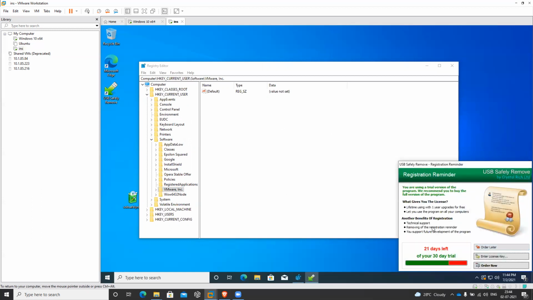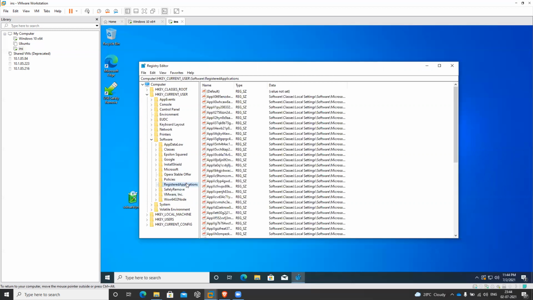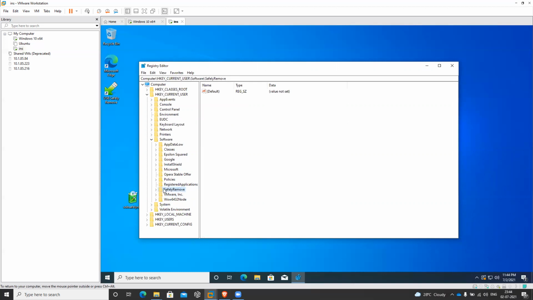Yeah, you see, I'm getting a 21 days trial, something like this. So now it is showing a 21 days license. I applied the previous registries related to this, not more than that. Even if I remove this registry and launch again, it will still show the 21 days, because I think they are grabbing details related to the system from the internet when we get this trial version.